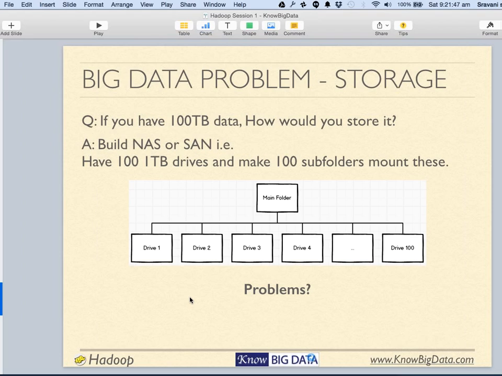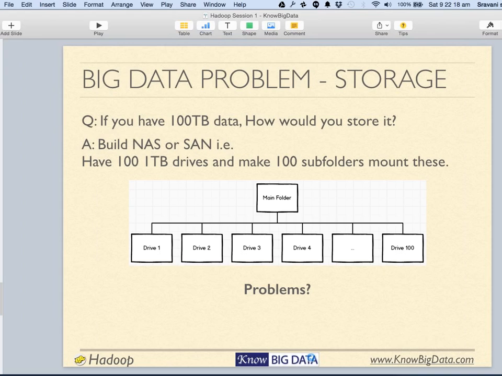The general plan would be to have 100 hard disks, each of 1 terabyte, connected to multiple computers, and then you mount these over a network, so that on a computer, after mapping each folder to each hard drive, you will have 100 subfolders, each folder mapping to one network drive.